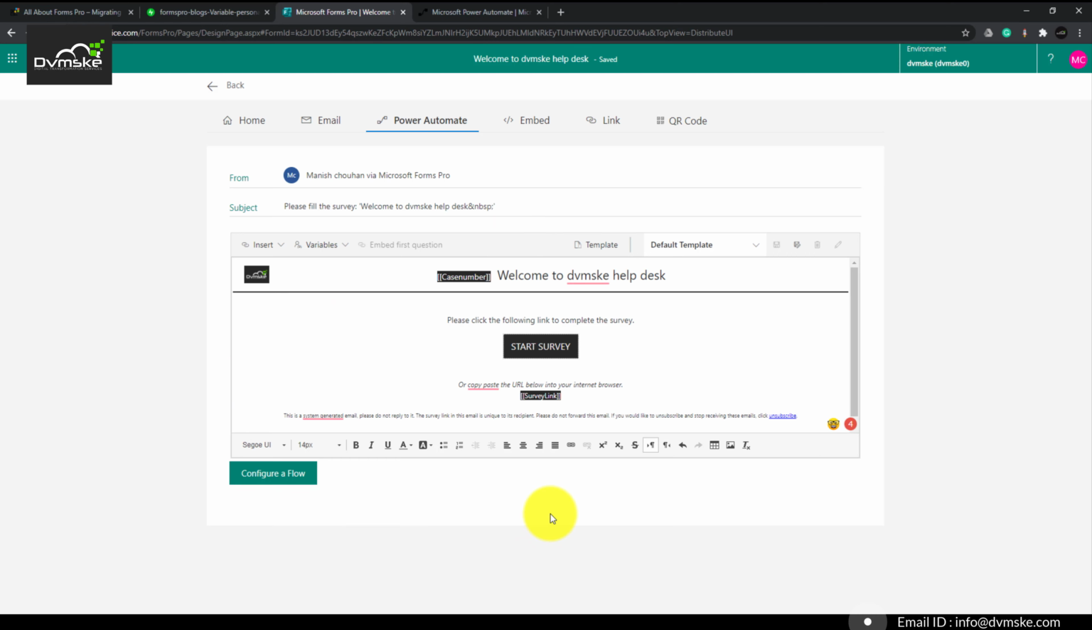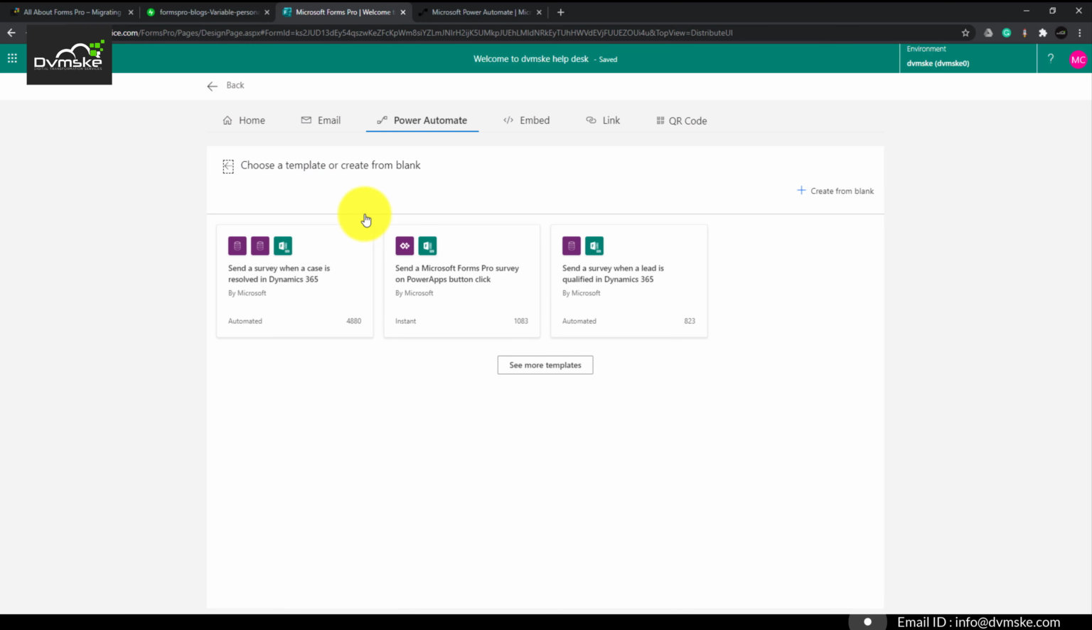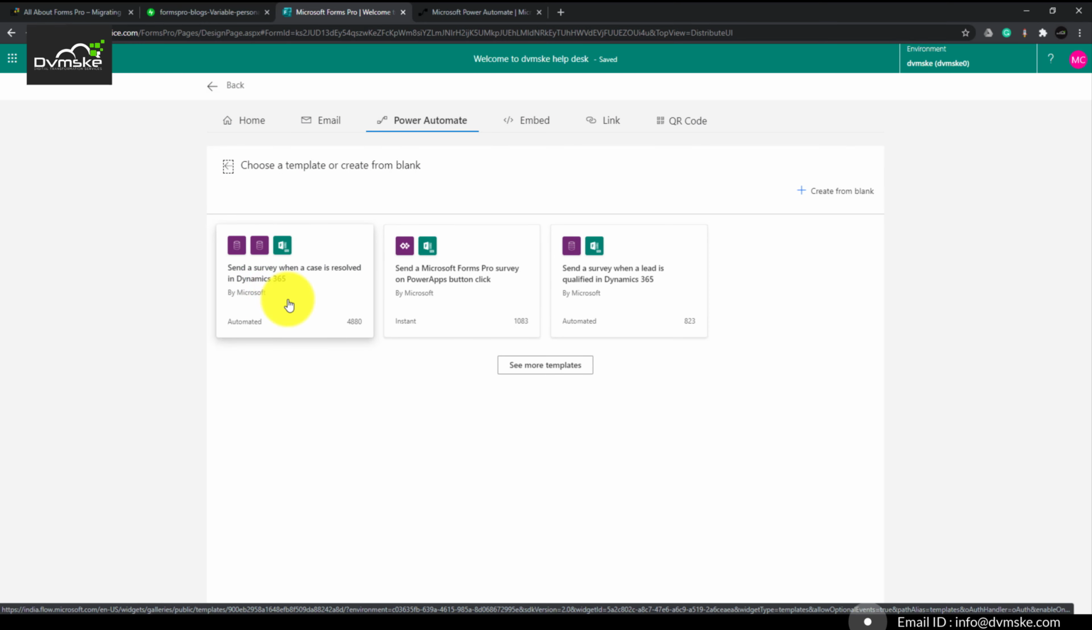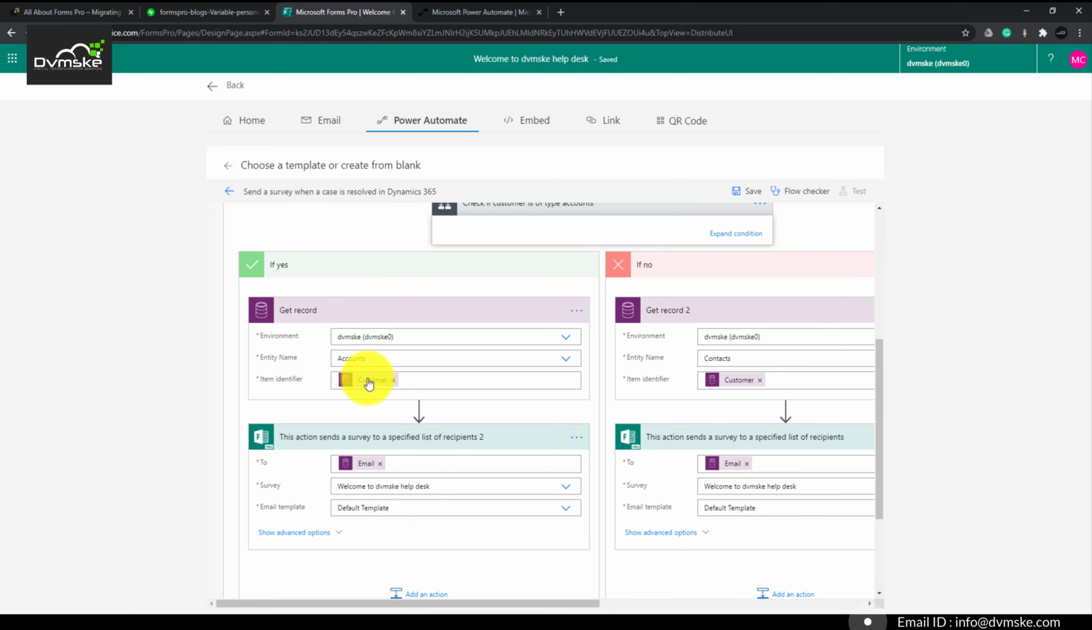But we will see how the out of the box template looks like. We will click on configure a flow, and this out of the box template is named "Whenever a case is resolved, send a survey." This out of the box template is fully configured. If I click on it and scroll down, you will find an action here, send a survey, which is